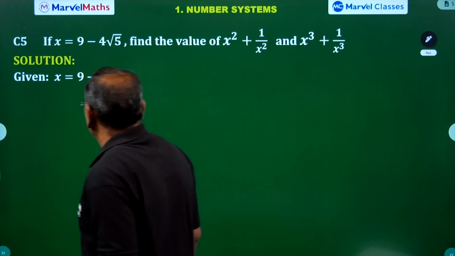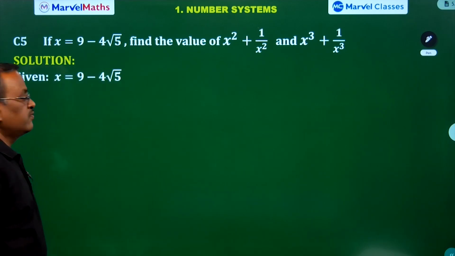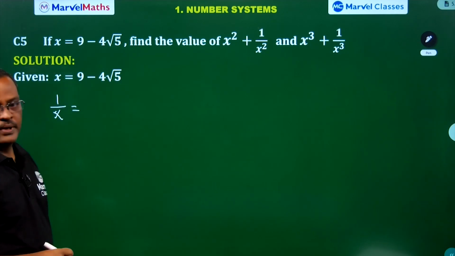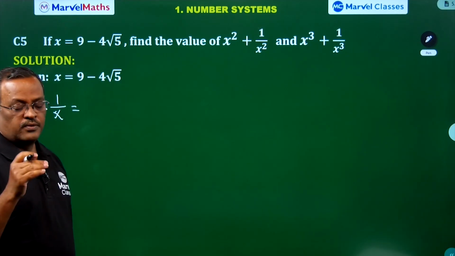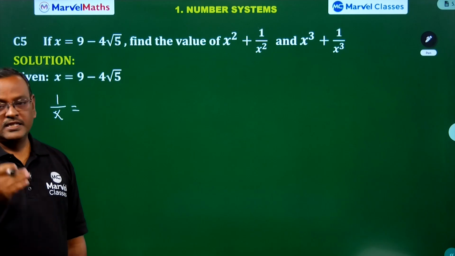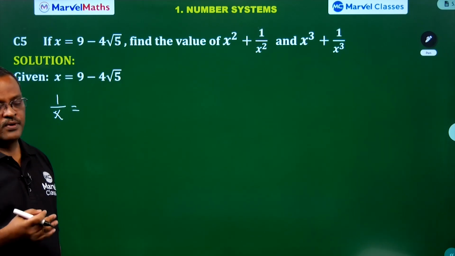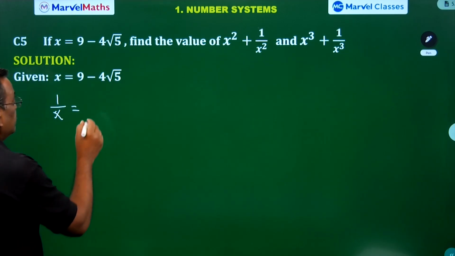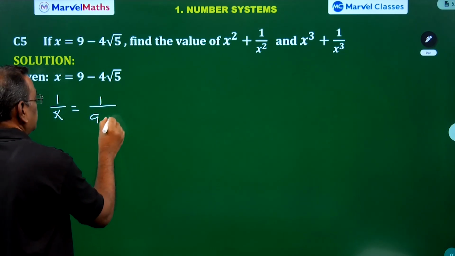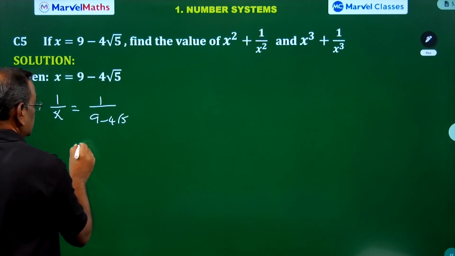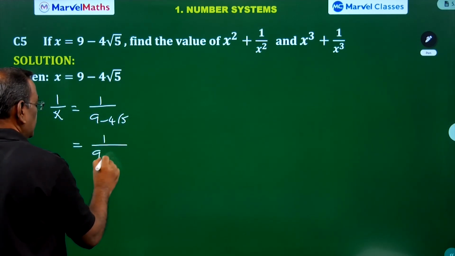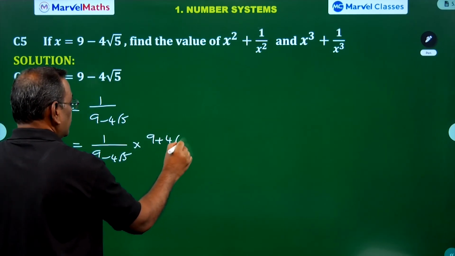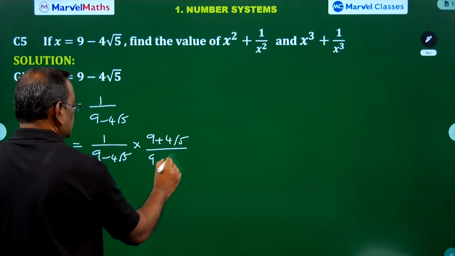The given number is x equal to 9 minus 4 root 5. First find the 1 by x as usual by the method of conjugation. But I already explained the concept. Whenever you take the reciprocal, the final answer is always the conjugate of the given number. So 1 by 9 minus 4 root 5 is equal to 1 by 9 minus 4 root 5 into 9 plus 4 root 5 by 9 plus 4 root 5,